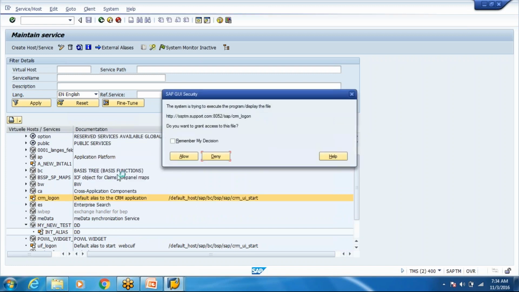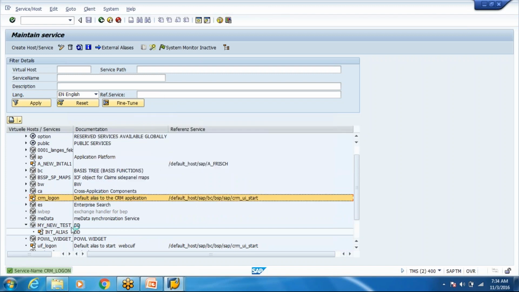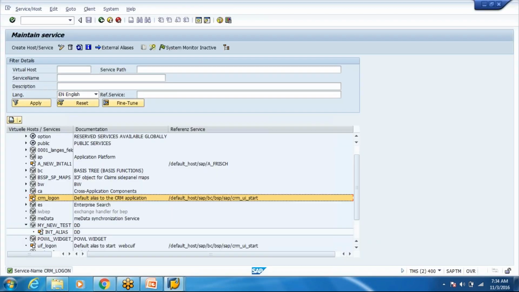Let's say this is the CRM login, if it is working. So this is that link. If you copy paste this link, or click this link, it opens up your SAP logon, you log into the system, and it gives you that RF screen. So this is the service through which the connections are done nowadays.